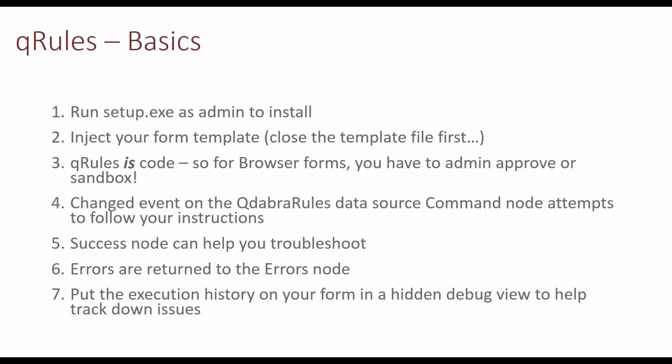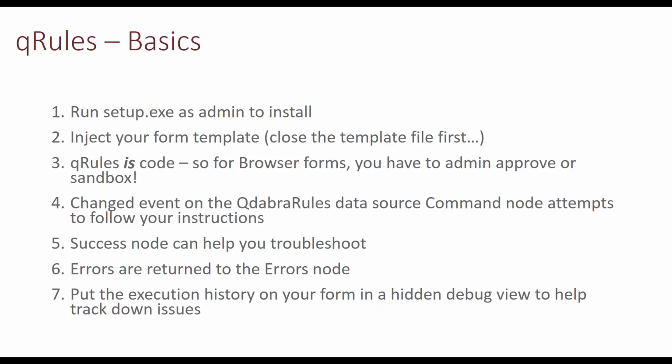But keep in mind that that execution history is only active for the given session. So it's a secondary data source, which means every time you open the form, that data source is only going to have the values that it has at the moment the form is opened, which means the execution history is going to be blank every time you start a new form, right? And so if you need to debug a form and you can reproduce the steps the user took in a new form and look at the debug view and look at your execution history, you can probably find out what's going wrong. But do keep in mind that that's session-based.